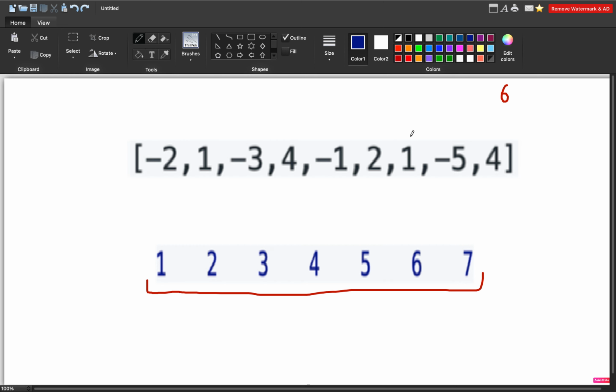The first thing that may come to your mind is that we can generate all the subarrays of all the sizes. The size S of the subarray will range from 1 to n, which is the total number of elements in this array, which is 9. We can generate all the subarrays of each size.